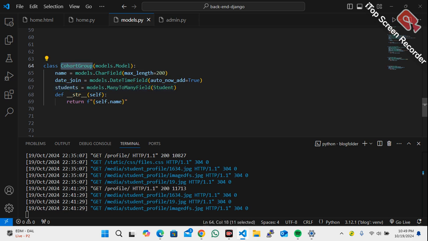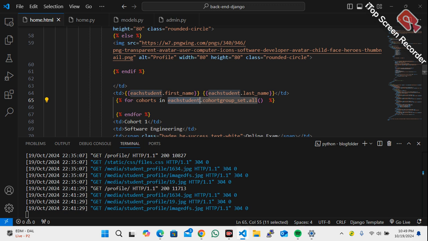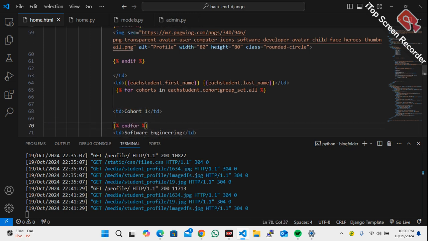Whenever you are getting a relationship model and you are getting the instance, you need to be in lower case. Let it all be in lower case. Without that, it's not going to work. So call the table name, pass this in lower case. Then Django has an inbuilt feature you can use to get all the relationship, which is set dot all. So this set dot all, we need to remove this. Set dot all would then get all the information from this cohort. So here I'm going to bring this down inside this cohort. So if we do that,